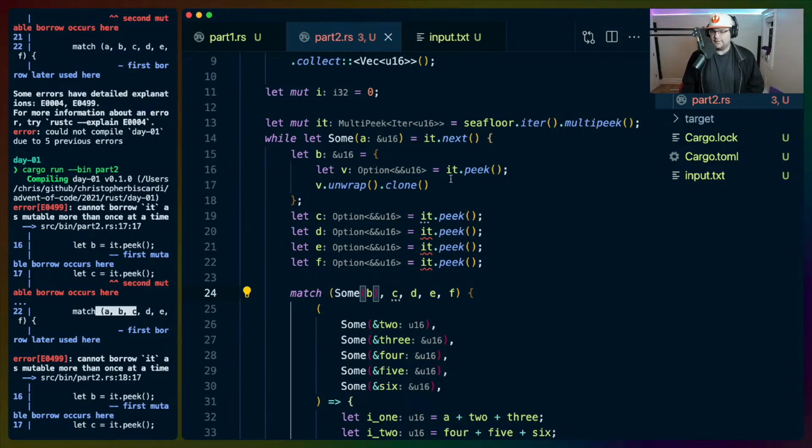Okay, so for some reason, this mutable reference lives for so long that it keeps this alive, which is not a thing that I thought I was going to have to deal with.